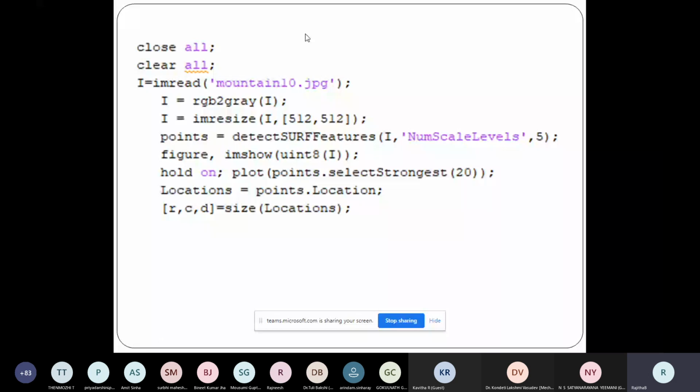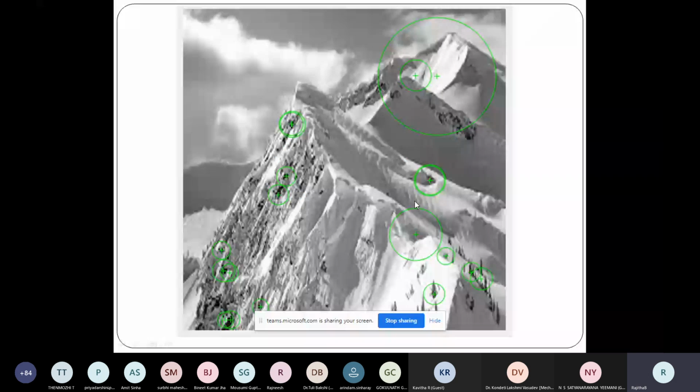Now I'll tell you first this figure. If you understand it, it will be easy. Let's say I have taken this image where you have mountains, and from this image I want to extract texture features. To extract the texture features, I need to go block by block, because texture features are extracted only on a block, not on a point.